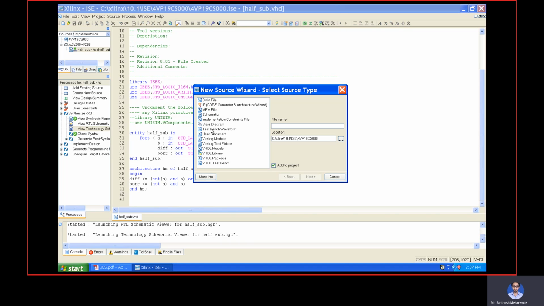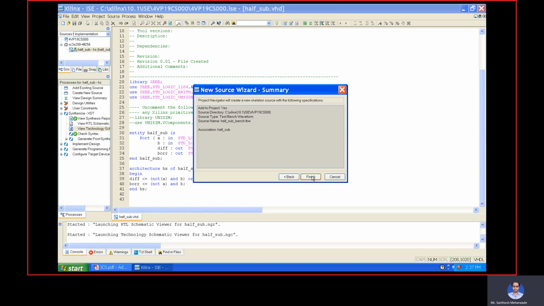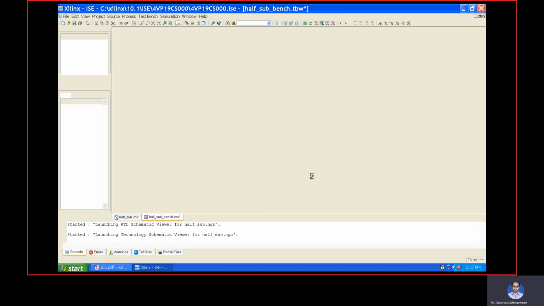Go for the test bench waveform, and name it half_subtractor_bench. Test bench waveform is selected, added to project, next, finish.